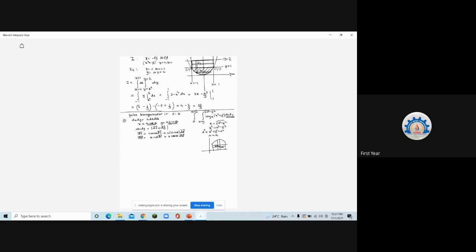So what is the formula for the cross product of any two terms? It is mod of dx, mod of dy, into sine of the angle between them. The angle between them is 90 degrees, so the sine is 1. So dx bar cross dy bar is nothing but the mod of this. What is the meaning of mod? Length. The length of dx bar is dx, the length of dy bar is dy, and sine 90 is 1. So dx bar cross dy bar, as a cross product, becomes dx dy, which I have used here.